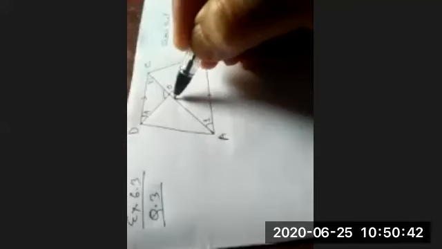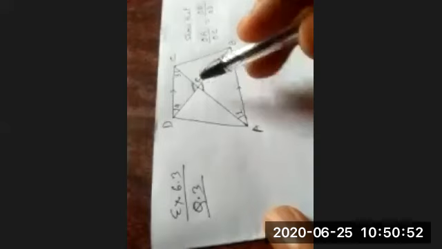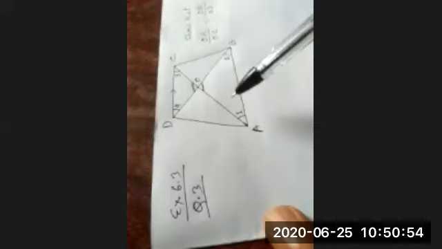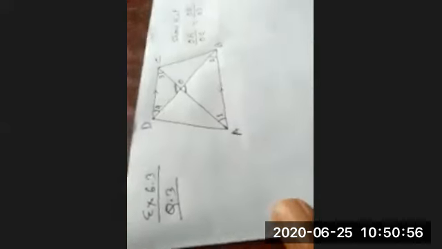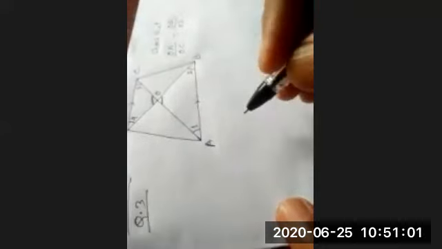So these two angles are equal. So what you can write? Sir, angle 1 and 3. Yes, angle 1 and 3, angle 2 and 4, these are all equal because alternate interior angles. So you have to write